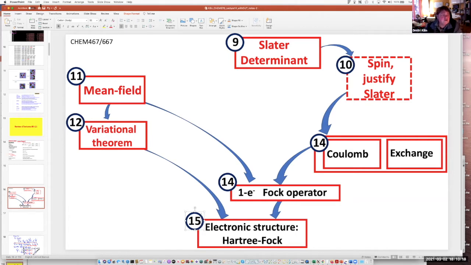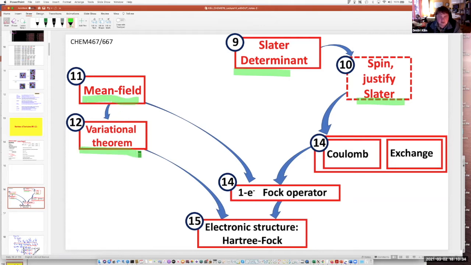So by now we have learned the concept of Slater determinant and spin that helps it. Then we were discussing the concept of mean field and variational theorem, and today we need to use the concept of Slater determinant to separate repulsion, to separate interaction of 2 electrons